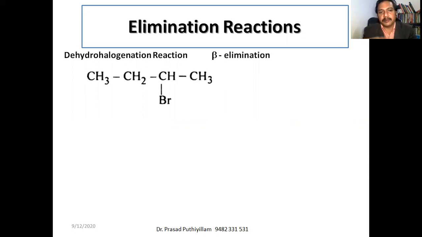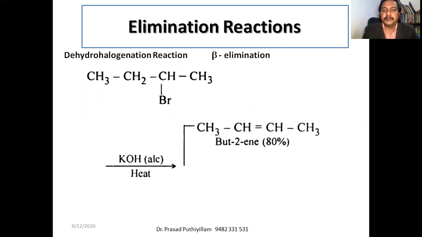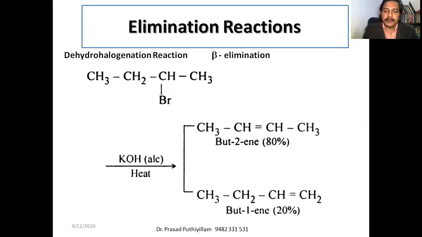We'll take an example, a higher alkyl halide with more than 3 carbon atoms, say 4 carbon atoms, and it is connected to the second carbon. So it is 2-bromo-butane. Okay, so 2-bromo-butane on a reaction with alcoholic potassium hydroxide, alcoholic KOH, on heating, observe that two products are formed, but-2-ene 80 percentage or 81 percentage, and but-1-ene, that is 20 percentage or 19